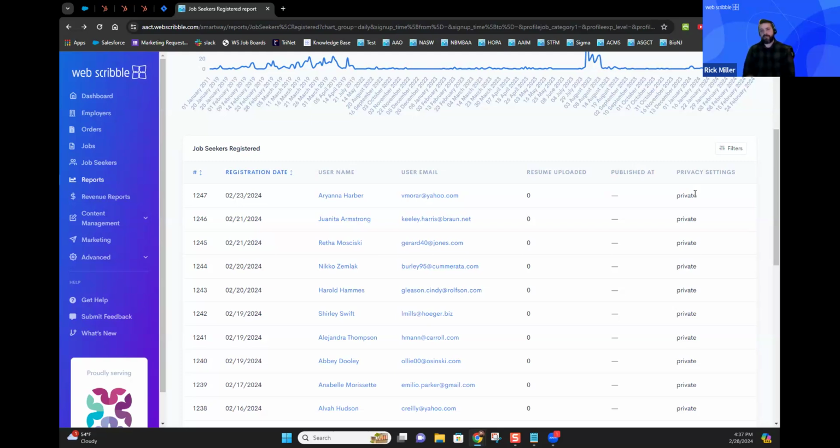If they set it to private, it means that employers cannot search them out in our resume database. If they've happened to upload a resume, but set their account to private, they still don't show up on the forward-facing resume. So we've gotten this question in the past where our partners have said, how do we help our employers find the right job seekers? Well, one of the things is to always promote to your job seekers to upload their resumes and make them public. This is a huge benefit for both job seekers and employers.